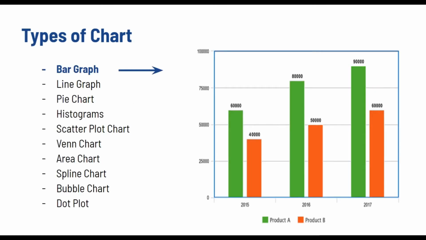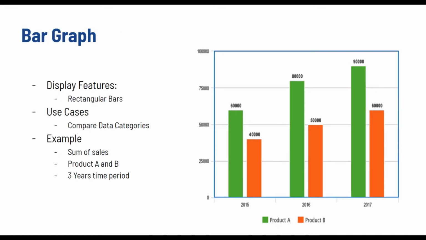Types of chart. First up is bar graph. Bar charts represent categorical data with rectangular bars. Bar graphs are among the most popular types of graphs and charts in economics, statistics, marketing, and visualization in digital customer experience. They are commonly used to compare several categories of data. For example, the bar chart here represents the total sum of sales for product A and product B over 3